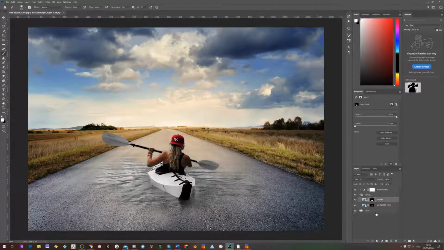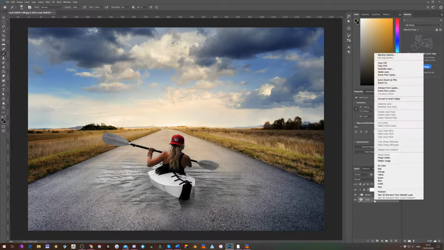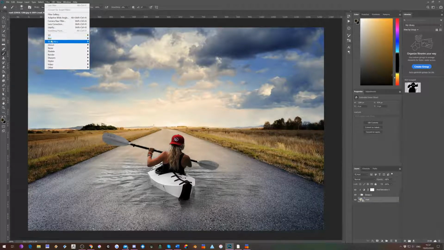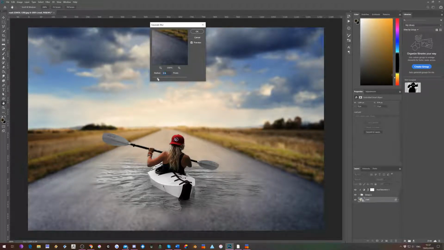Next thing I want to do is blur the road. Now, what I want to do to blur the road, let's close my group down, is I want to convert the road into a smart object. So I'm going to right click it and convert it to a smart object. And then I want to go to filter, blur, and Gaussian blur, which is way too blurry. I want to get it to probably about 2.6 for this one,